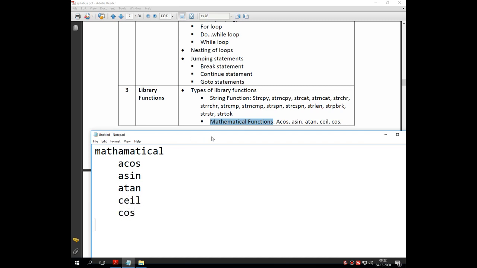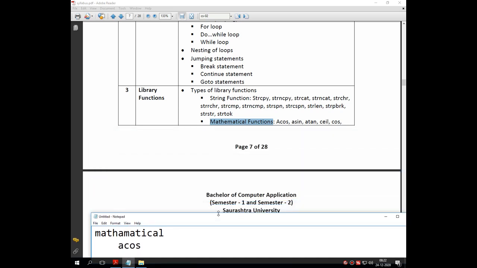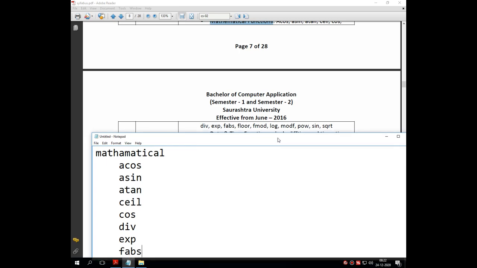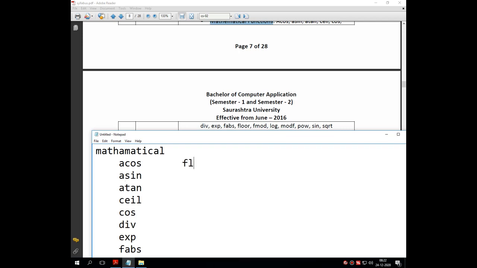Then cos, then the next one is div, then exp, then fabs, that is absolute, then floor, which is very important for the university examination, then fmod, then log, then modf, then pow, then sin, and then sqrt.